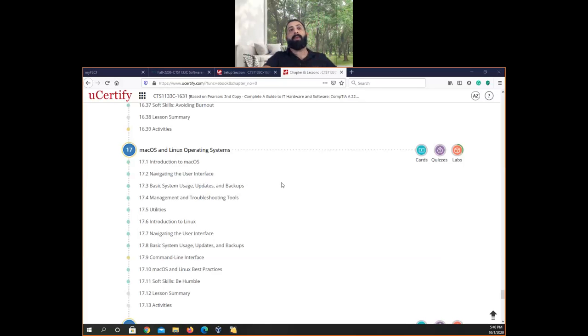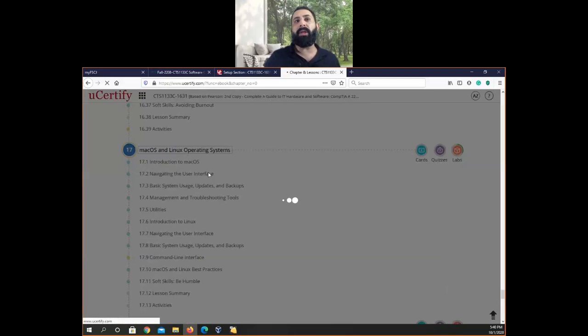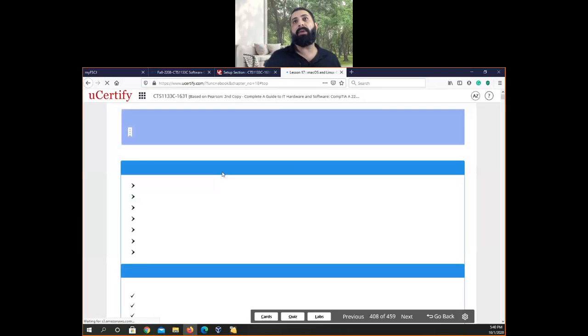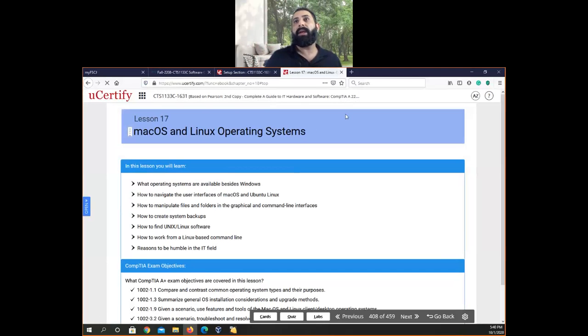Today we are going to talk about Chapter 17 of the Mac operating system and the Linux operating system. We will have a quick introduction about them. We will learn the basics, and I will let you see a live Linux because I have one on my machine. I couldn't link my iMac or my MacBook Pro to the session, so I cannot let you see it over here.